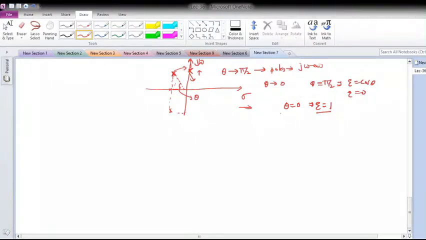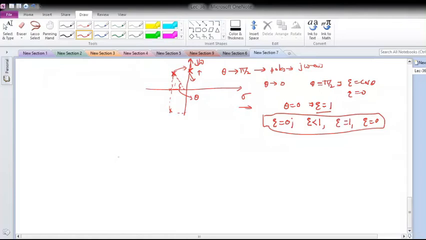So what may be the different values of zeta here? One may be zeta is equal to 0, second may be zeta is less than 1, where I will get complex conjugate poles. Third will be zeta is equal to 1, where I will get the roots real and repeated, and theta is equal to 0. Similarly, when zeta is equal to 0, then the angle is pi by 2, and at that time the poles will be on the imaginary axis. So for these values of zeta, I should know what the magnitude response of my particular second order function is.